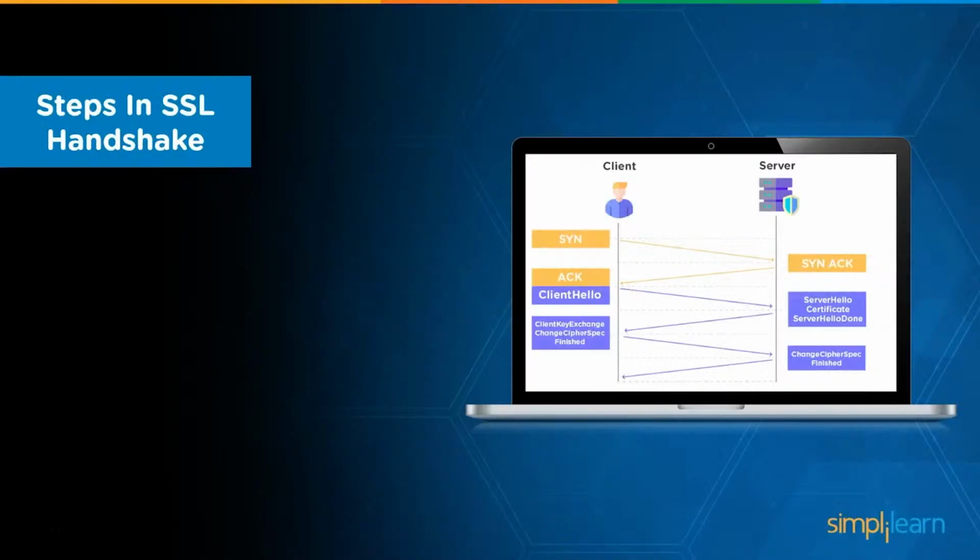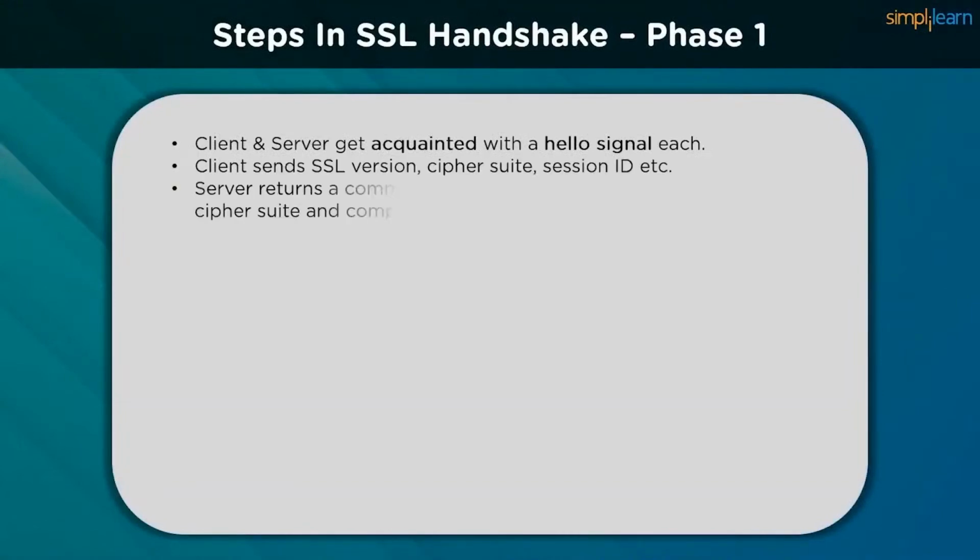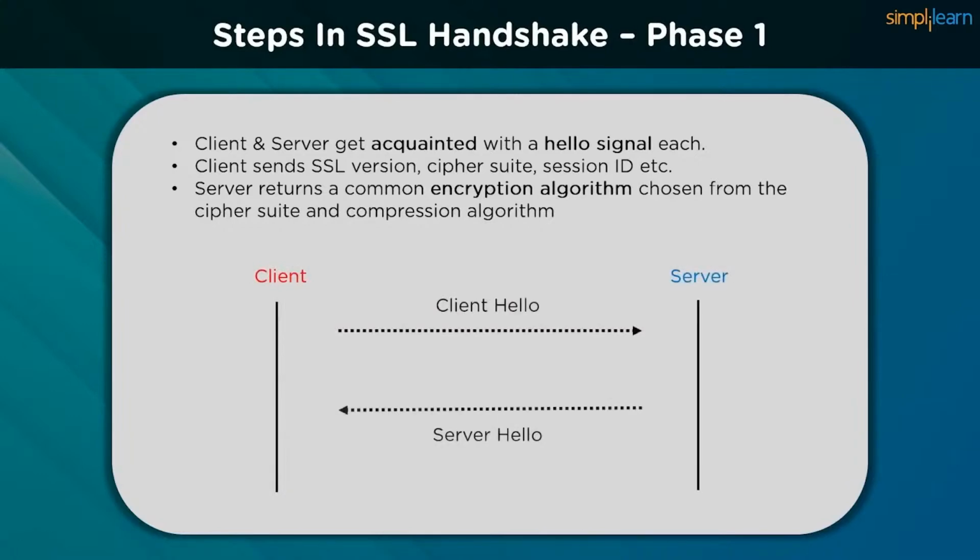Let's see how the SSL handshake works in a step-by-step format. We have divided the handshake into 4 distinct phases. In phase 1, the client and server get acquainted with the hello signal message from each side. The client sends the SSL version, cipher suite, and the session ID. The server returns an encryption algorithm which is chosen from the cipher suite and a compression algorithm sent from the client hello signal each. This helps in setting up a common encryption algorithm and a common hash value to be used throughout the handshake